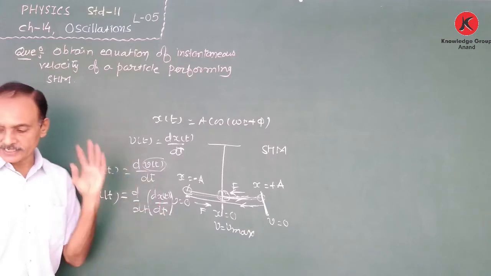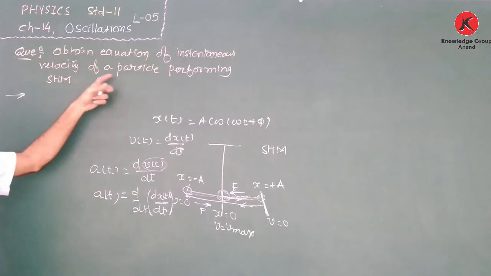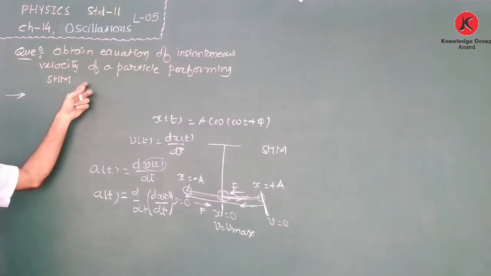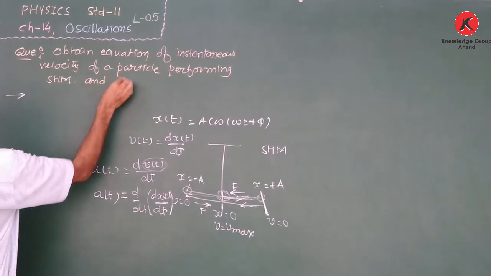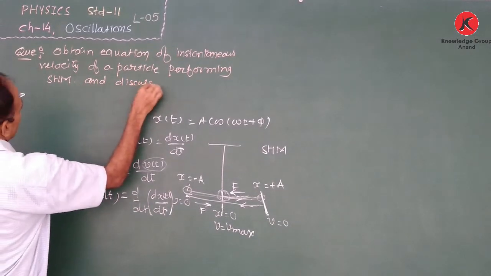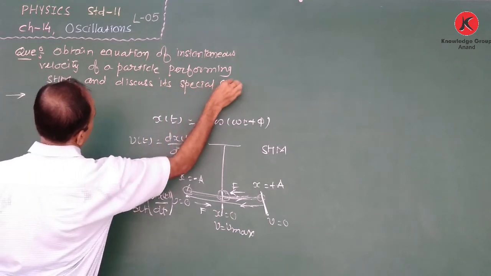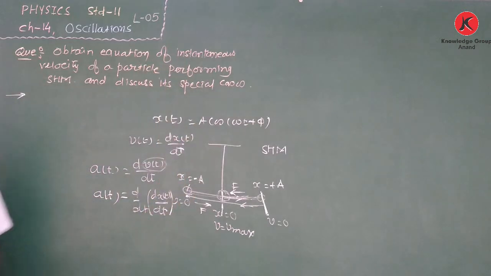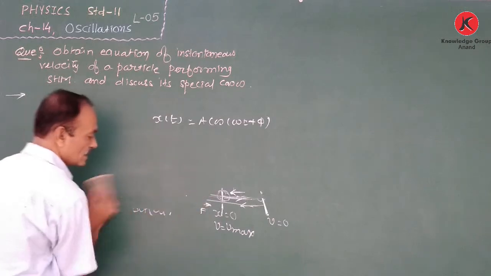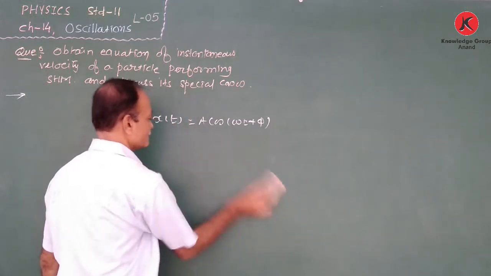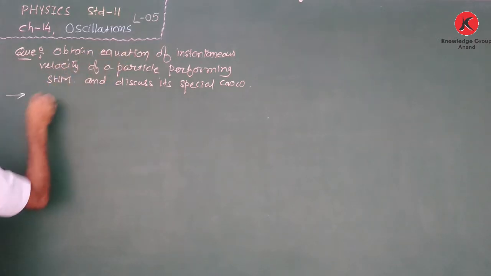Clear this thing? Okay. Now, our question is: obtain the equation of instantaneous velocity of a particle performing simple harmonic motion and discuss its special cases. For that purpose, we first write the equation of displacement of a simple harmonic oscillator at time t. So we start from this, the displacement of